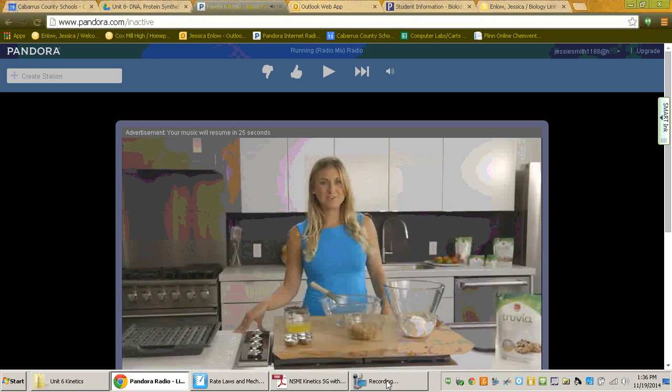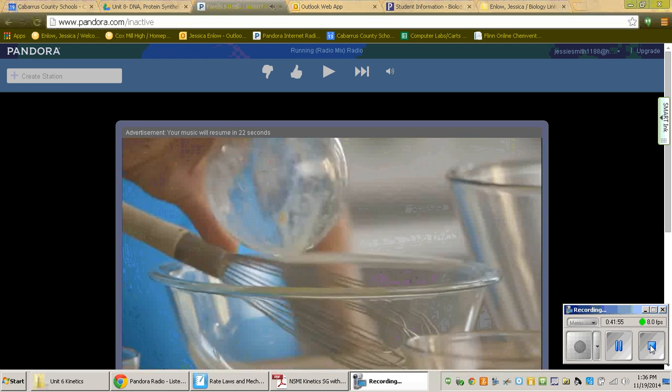Sugar, chocolate chip cookies. Preheat your oven to 375 degrees. Melt a half a cup of butter and add in 3